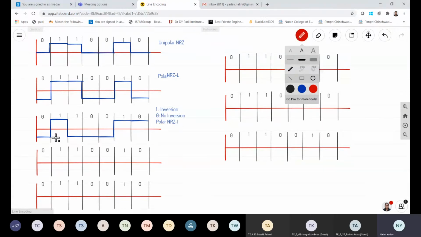Okay, again we will see first data is 0. So you start with anywhere. Whatever is the first data, you start with anywhere. So generally when there is a 0, I do a negative side of the axis. So I am at the down position. Now the next data is 1. So whenever there is a 1, what am I supposed to do? I am supposed to invert. Whenever there is a 1, I am supposed to invert. All of you there with me? So I will be inverting here.